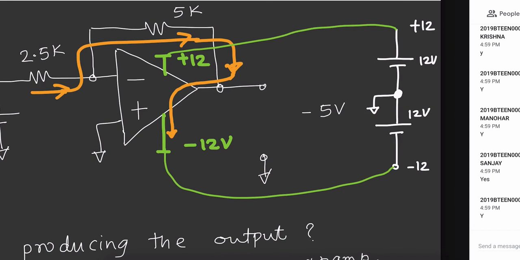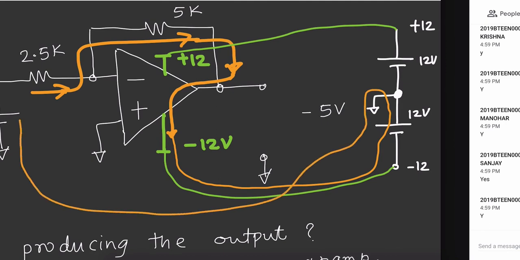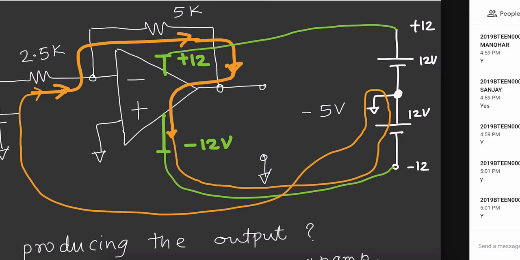Okay, now we will go to the current. So this current now has a path. It will go through the battery, then it will come out of the ground, and then it will come through this ground, through the battery and complete the path. Everybody understood this much? Okay, now look at this circuit and draw such currents in the circuit that you have drawn. Okay, we'll take a very small pause and complete this activity of drawing these currents.